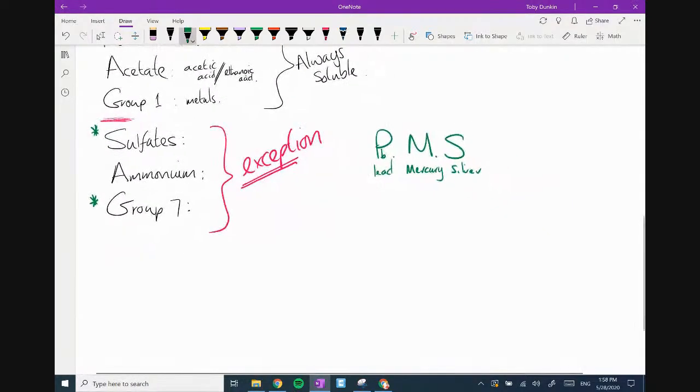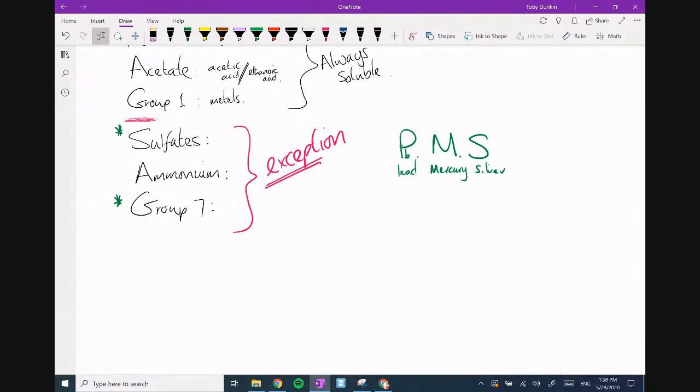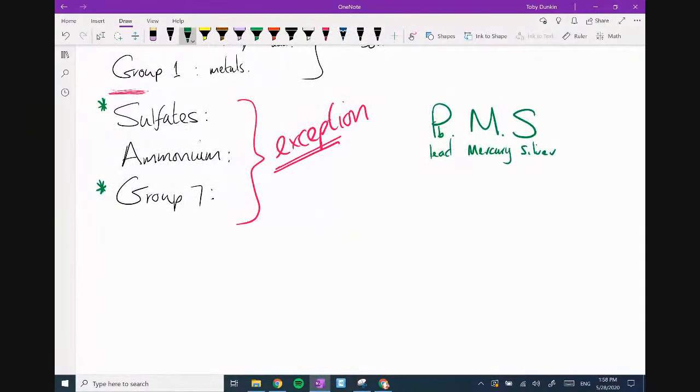What this exception now means is we can now do the examples. So if we had lead 2 sulfate, it is insoluble. If we have mercury, Hg,